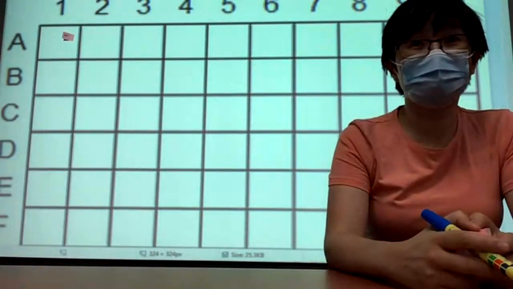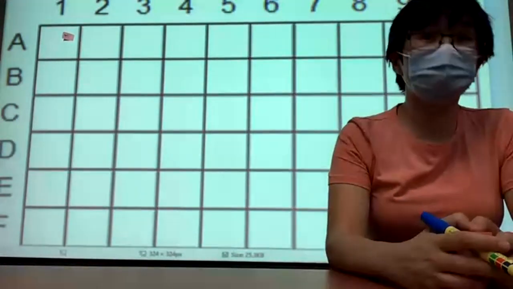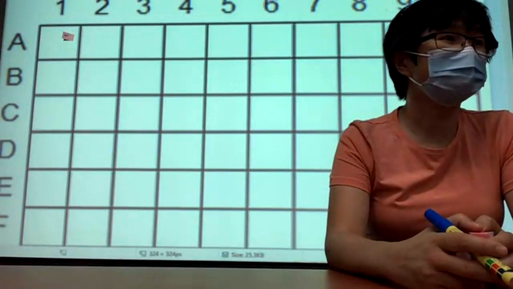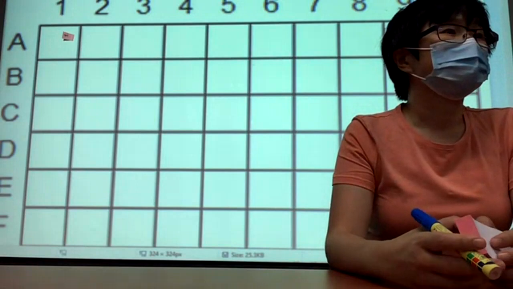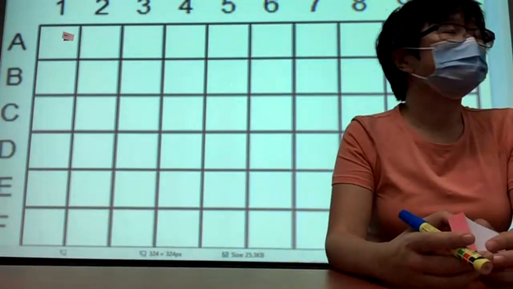You all know what rows and columns are. You all can tell the difference between rows and columns, hopefully. Who doesn't know the difference between rows and columns? Okay, so